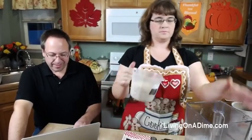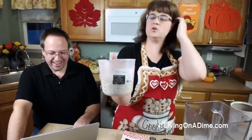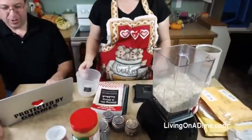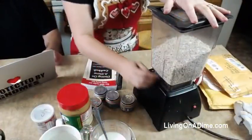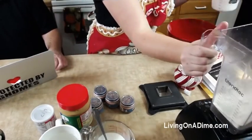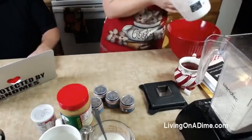Okay. The dog treat recipes. Yes. So what you do is if you're using oatmeal, throw it in your blender. If you're using flour, you don't have to do this. Gonna grind up my oats. Less than I need, I think. Okay. And then for this one,